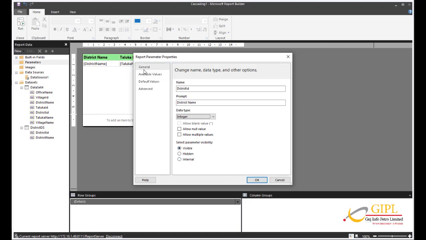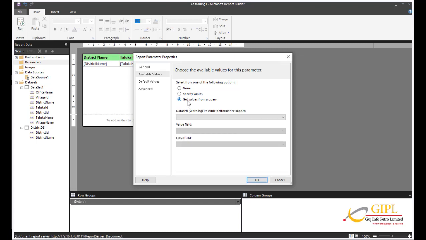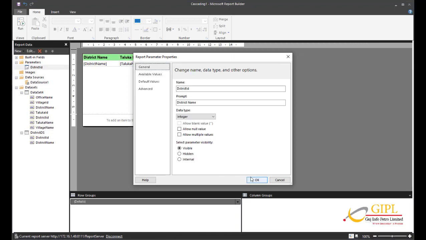If you can specify values manually, you can choose the specific values option and enter values manually. Else, in this example, we would like to use the district name dataset that we created earlier. So select the get values from query option and select the dataset from the list. Next we are assigning districtID as the value field and district name as the label field. Click OK to finish configuring the district parameter.